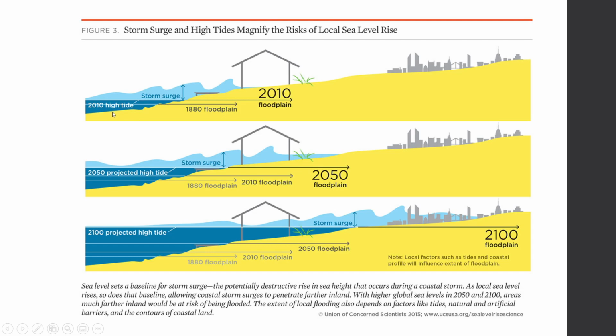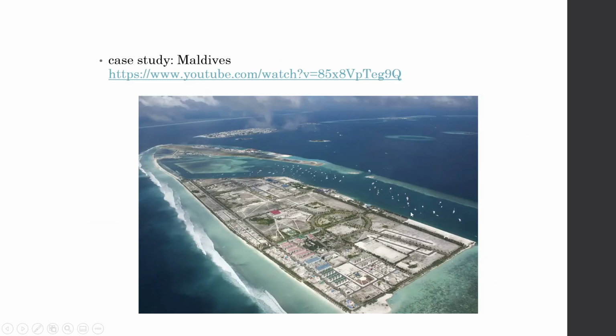So the idea here is that in a 2010 high tide storm surge, you have a building here. That's not too bad, right? You can maintain this. The problem is by 2050, anybody who lives really close is gone. Okay? The 2010 floodplain goes to here. The 2050 floodplain is here. And all of a sudden, you get close enough to a large urban area, the storm surge creates massive, massive problems. It's a great case study here on the Maldives that I want us to watch, but